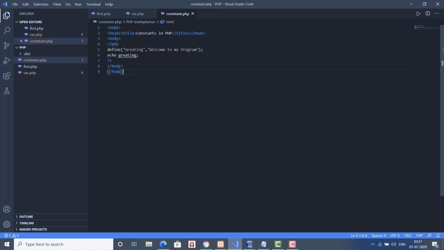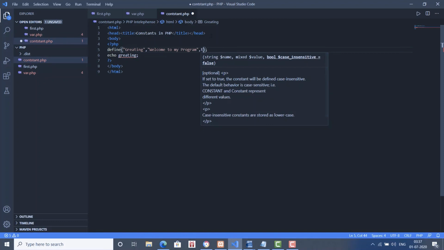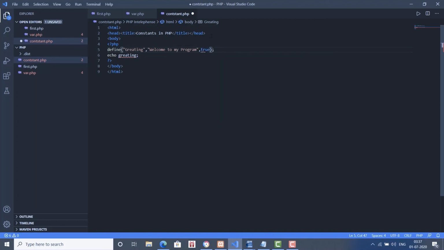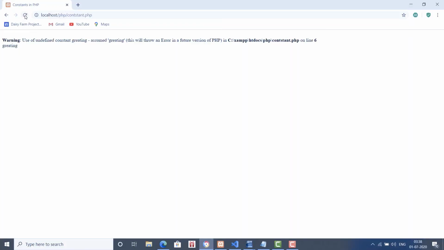Now if we want to make it case insensitive, then we have to put its third parameter as true. Now save the changes here, go to the browser and click on refresh, and we get the desired output.